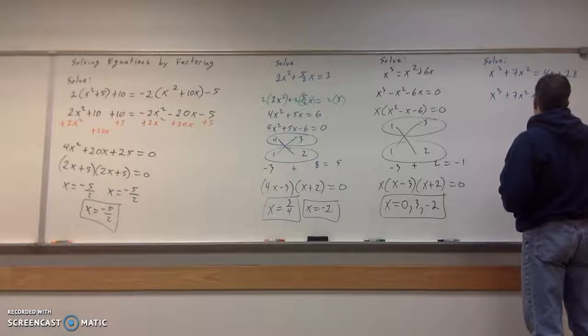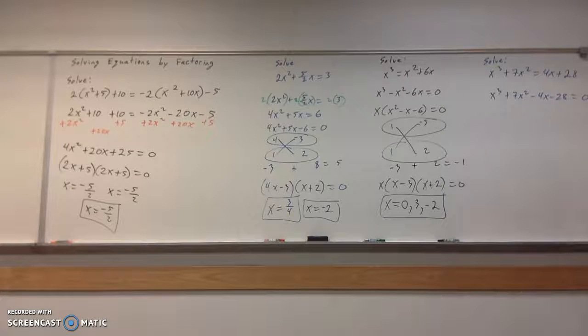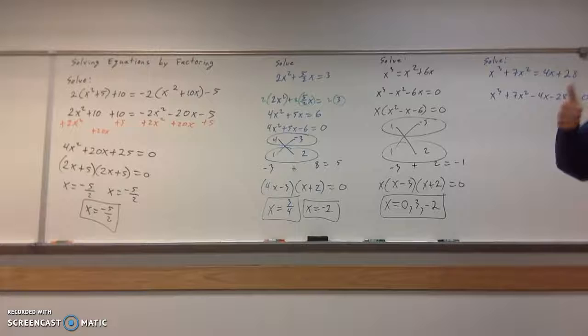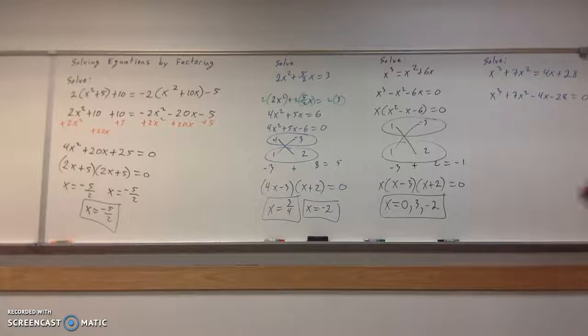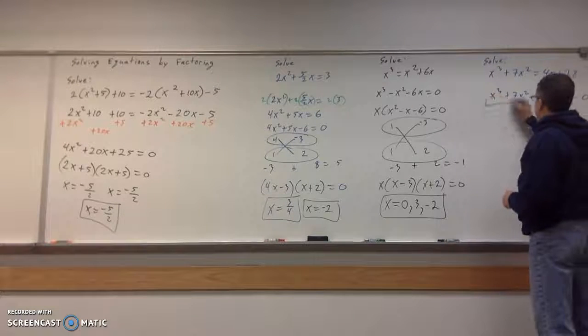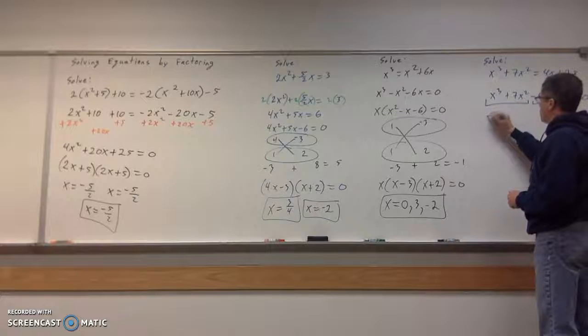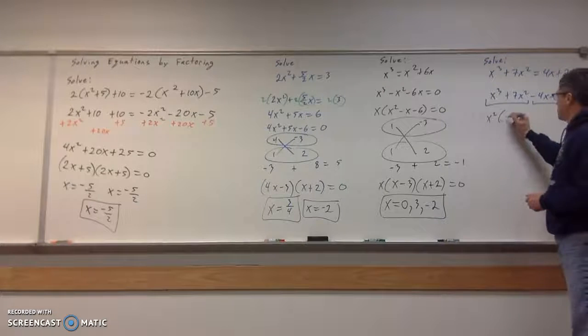So I'm going to hold everything to one side of the equal sign. So I'll subtract my 4x over, subtract my 28 over. So I'm talking about 4 terms here, right? Well, first of all, greatest common factor, don't have that. I've got 4 terms, which means I'm going to go out the group. Let's group the first 2, and let's group the last 2. Out of the first 2, we can factor out an x squared, right? And that gives me